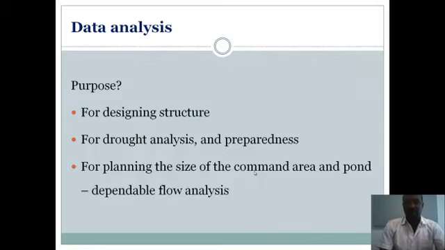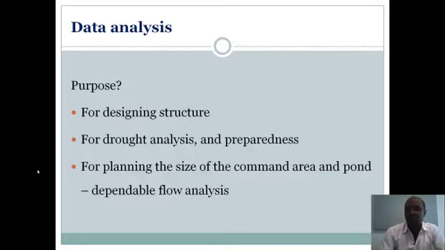Then what is the purpose that we really need to analyze and so on? This discharge is mainly for designing the structures, and also to ensure we optimally use these resources. So the purpose of the analysis, of course, after measuring, could be to design structures, because for those structures to be safe and to fully withstand the flow which is passing across, over or under them, we need an understanding of the very extreme hydrology of the area, and it helps for that purpose.